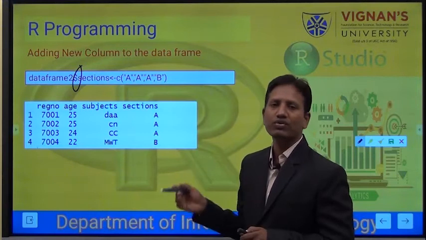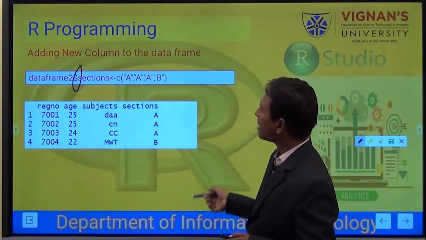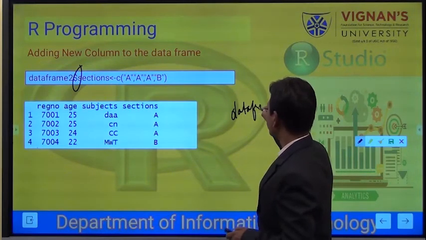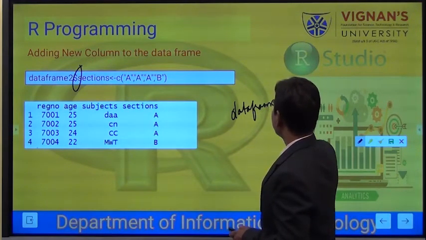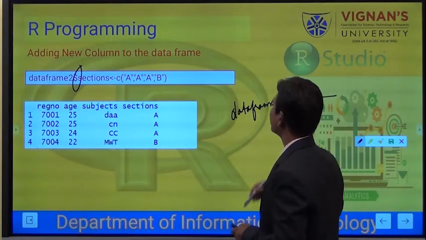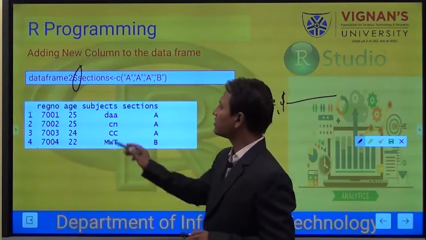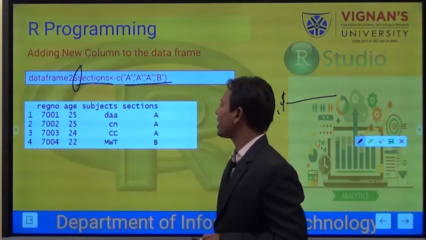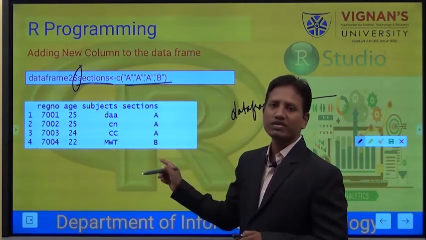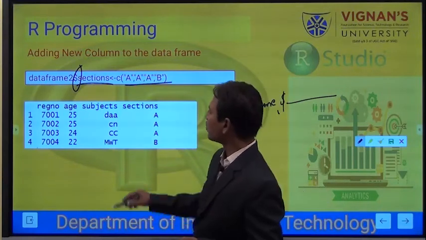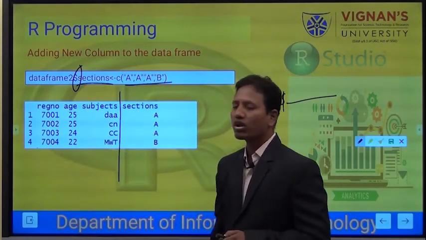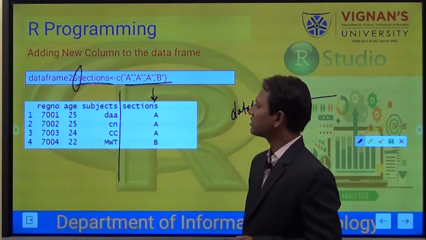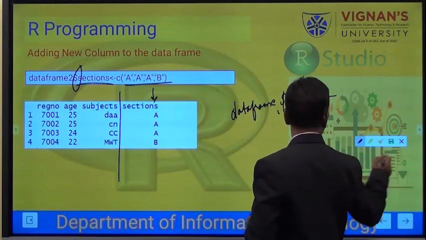And if I wanted to add a new column, I am going to use the data frame and dollar symbol, and give a new column name. Here I have added sections, and I have given the sections A and B. So previously in our data frame we had only 3 columns, now we have added a new column by this command.